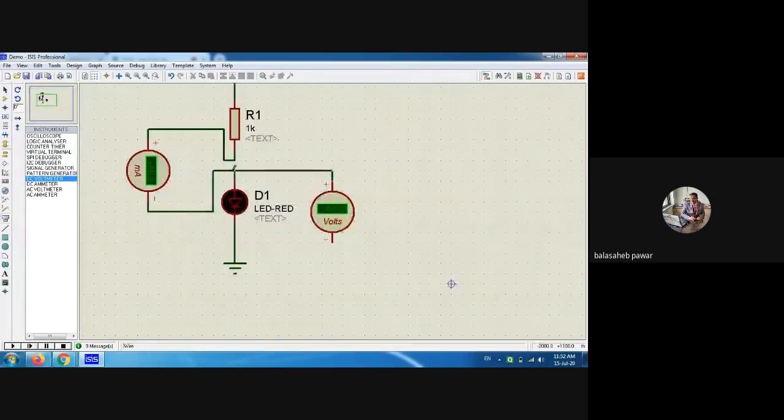So that voltmeter is connected across the LED to measure the voltage drop across it. Is it? And again run it. So you will observe that the voltage drop is 2.22 volts. So whatever considerations we took, as well as whatever calculation we did, is it okay?